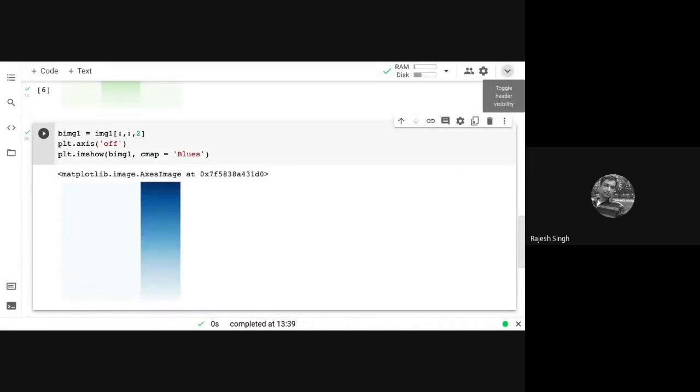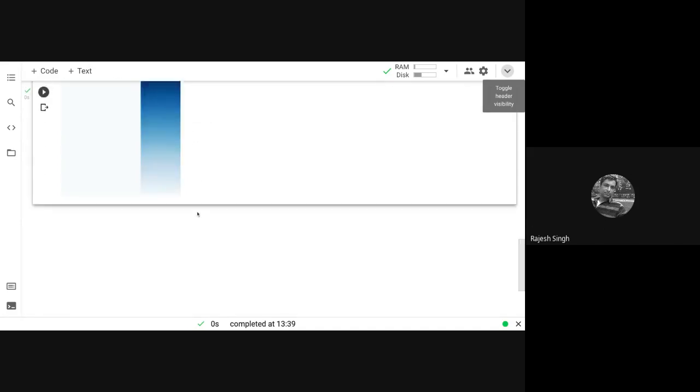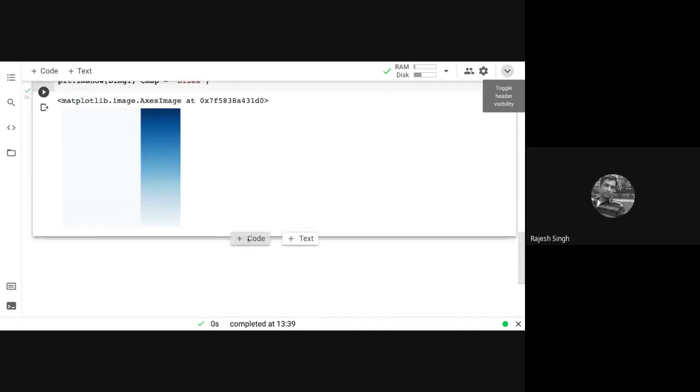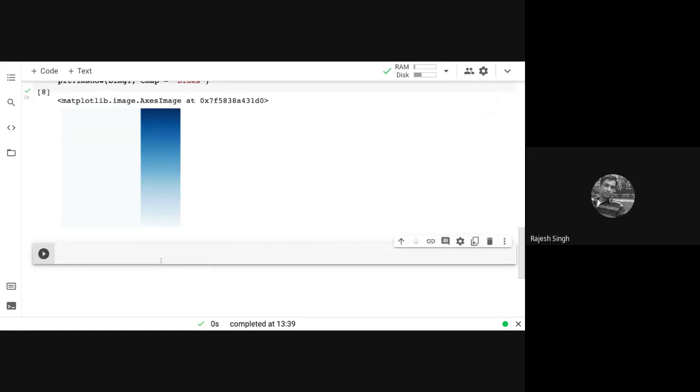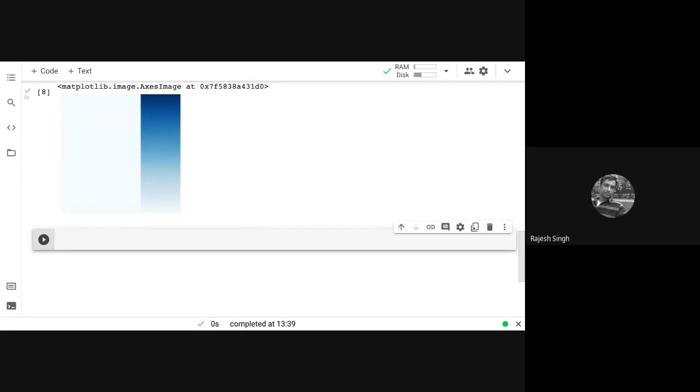So let us do that part quickly. So I can go to the next bit of coding, and I would say I already got my red image, green image, and blue image. Now I will create a gray image.